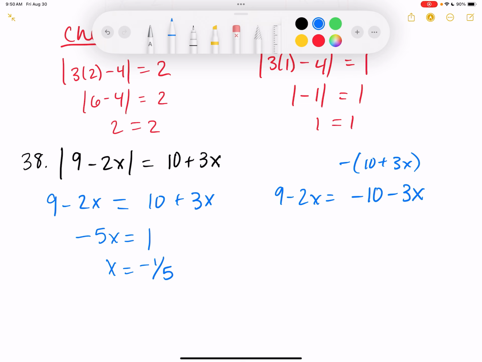All right, other side over here. So add that over. x equals negative 19. That one's also negative, so again, want to be aware of that. So when I check them,